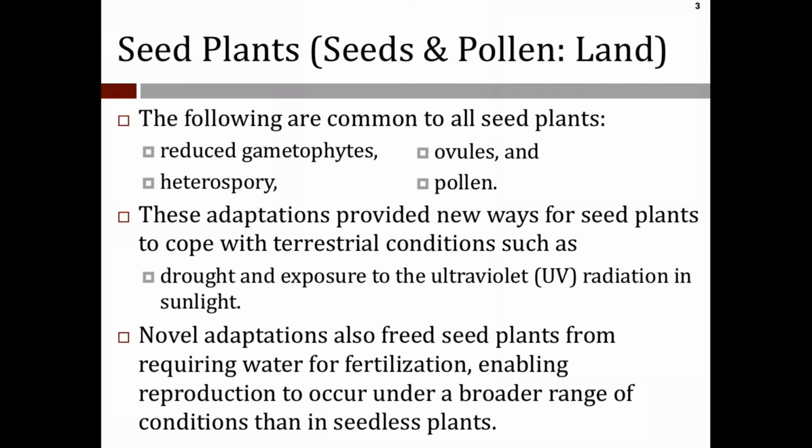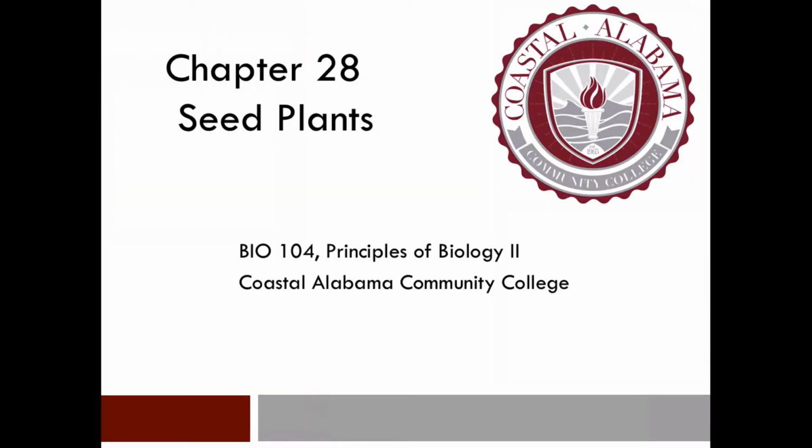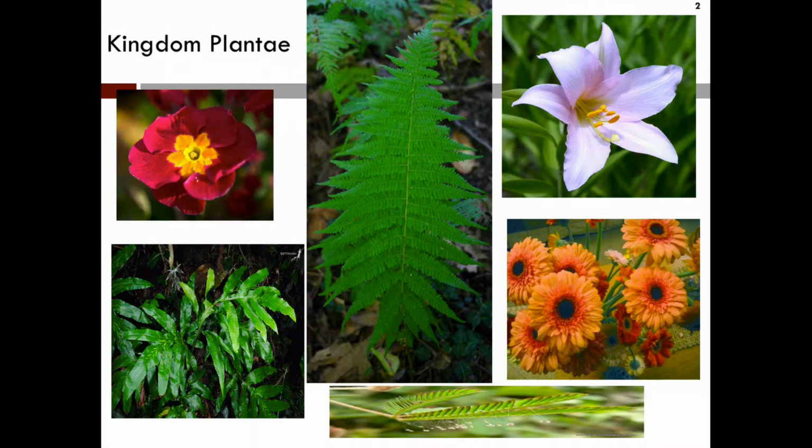In this chapter, the 28th chapter, we have two groups of seed plants. They're known as the angiosperms and gymnosperms. We'll begin by way of the gymnosperms. Those are those plants that have the naked seeds, and it's in the name, gymnosperm. And the second of two will be the angiosperms, which are the flowering plants. The flowering plants exhibit the greatest evolutionary complexity of the land plants, and dominate most terrestrial environments. So seed plants, here we are.